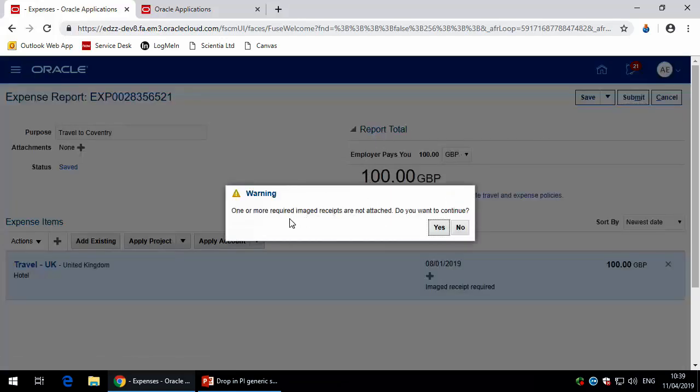What the system will tell me is it will give me a warning, one or more required image receipts. So the system is configured to let you know, oh, you haven't loaded the receipt. But it will allow you to submit the report anyway. Even if you have any violations on it, it will still allow you to submit it